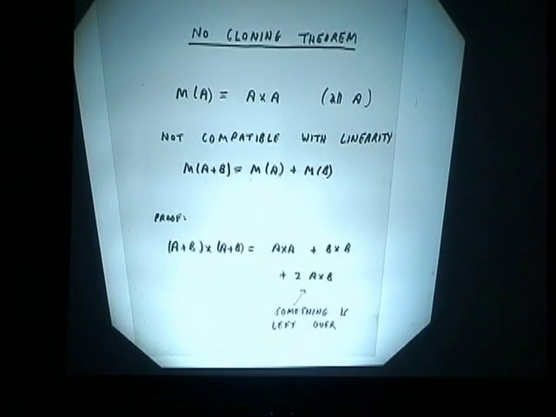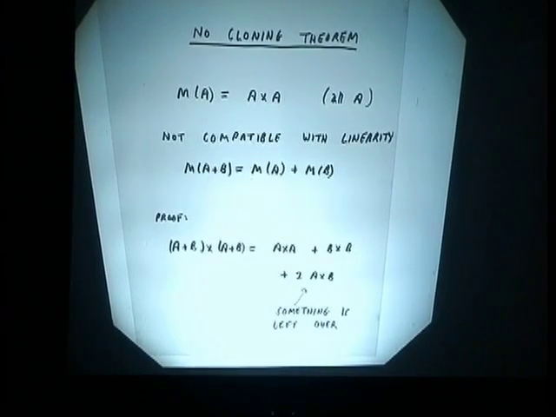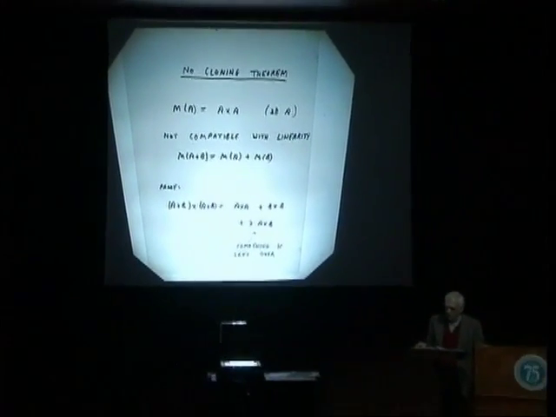Then the machine cannot be a linear machine. In other words, this is incompatible with M acting on A plus B is M acting on A plus M acting on B. Proof: A plus B times A plus B, just expanding, is A times A plus B times B. This part looks linear, but there's a cross term, twice A times B, something is left over. We can easily build a nonlinear computer to square numbers, but quantum dynamics without a measurement intervening is linear, and so cannot do cloning, the quantum analog of squaring a number.